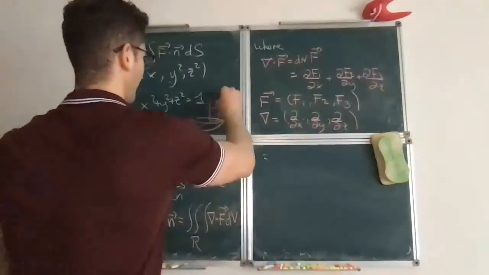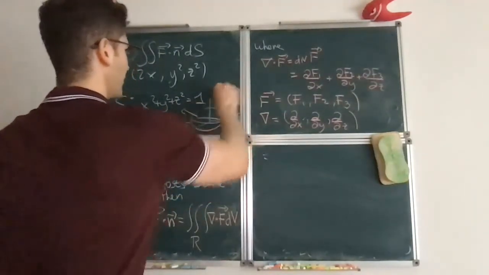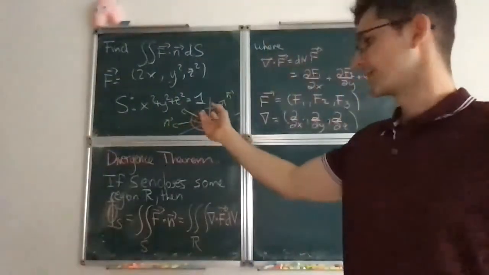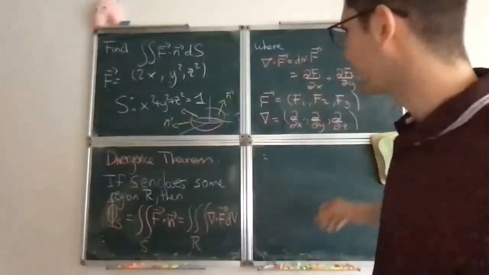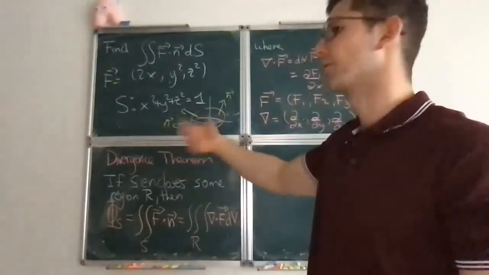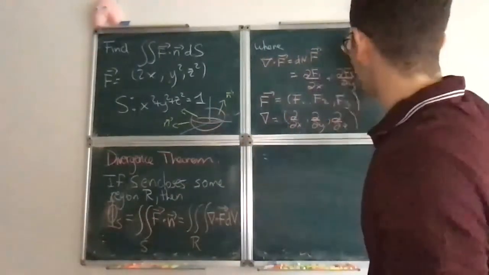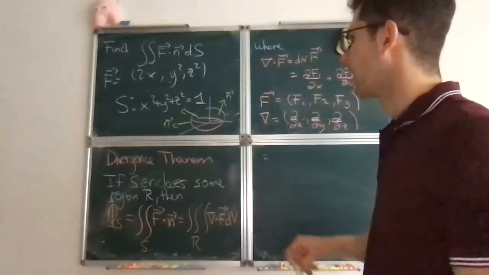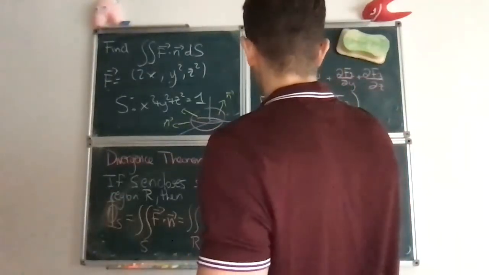So again, for the divergence theorem, you choose a normal vector which points away from the interior of the surface, and the interior of the surface in this case, since the surface is a sphere, is like a ball. Now the point is that doing this double integral is a bit more tedious because you have to find a normal vector for a sphere, and that can be done using a parameterization, but it's a bit boring. On the other hand, here it's more straightforward because you just have to find,